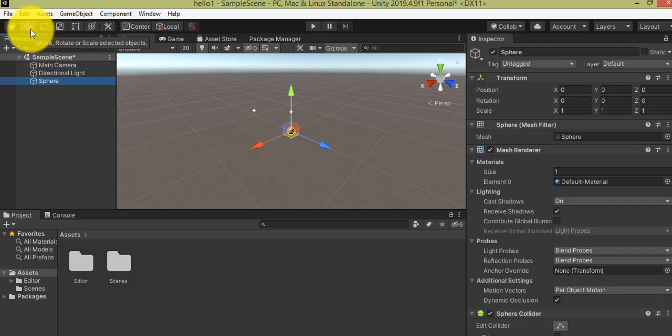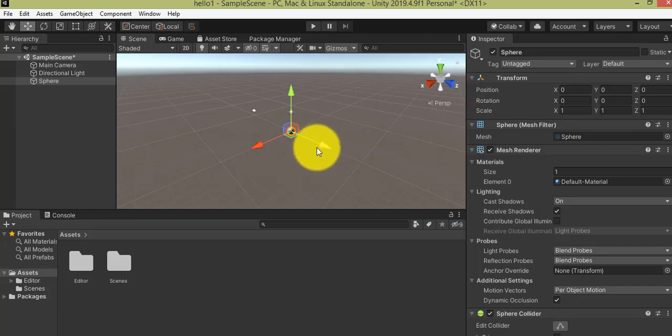Now let me tell you a few more important things. If I click here, a moving tool will appear. If I want to move my object along the x-axis, then this is the x-axis, this is the y-axis and this is the z-axis. How do I know? You will see at the top of the right hand side, they already denote which color is which axis. The red one is the x-axis, the green one is the y-axis, and the blue one is the z-axis.